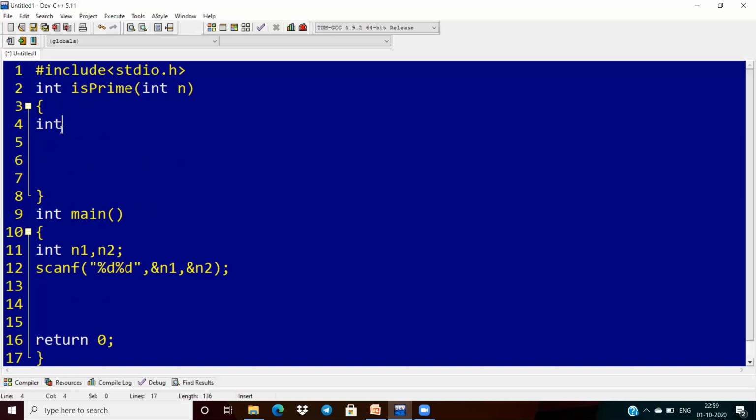So for that reason, I'm taking here some index i. Okay, of course I want to take another variable.